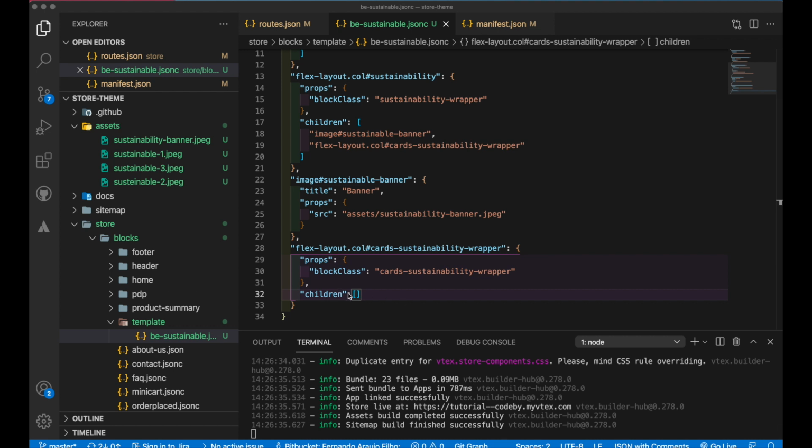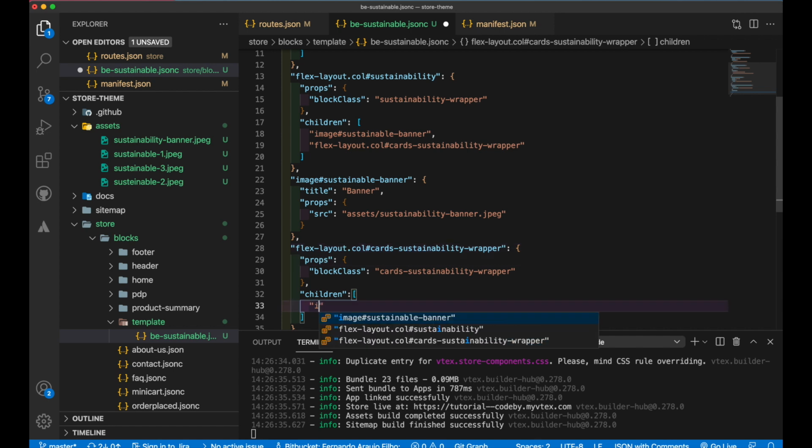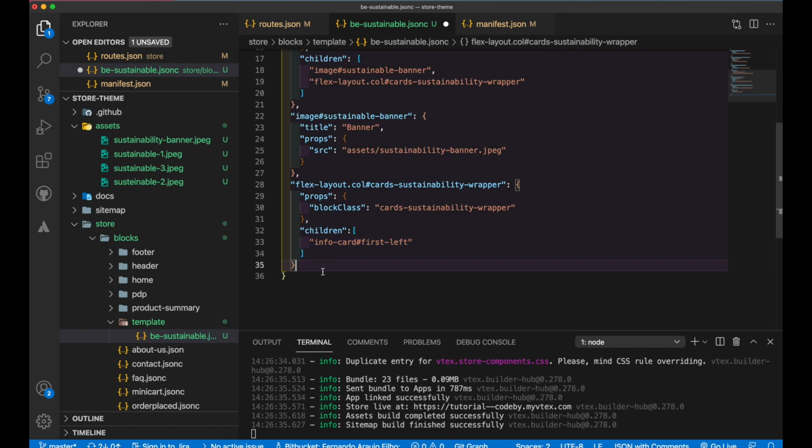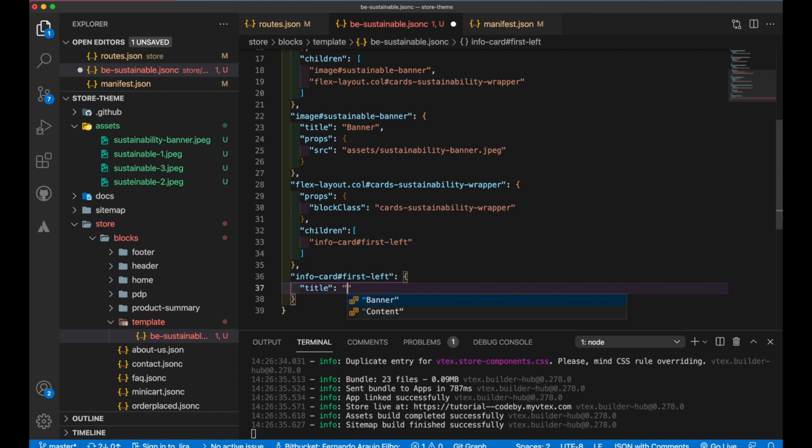We need to create our info cards. So for the info card, I'm gonna create here info card. I strongly recommend you to also check the documentation about info card that I'm gonna put the link to in the description. They have a lot of props you can use, so it's very important to know everything that you can do there. So for this one, we give just a title, this is gonna be info card 1,